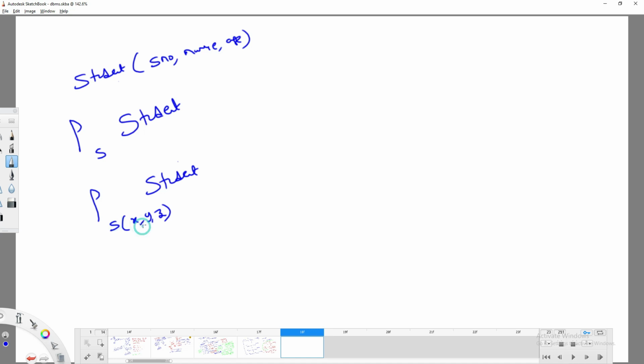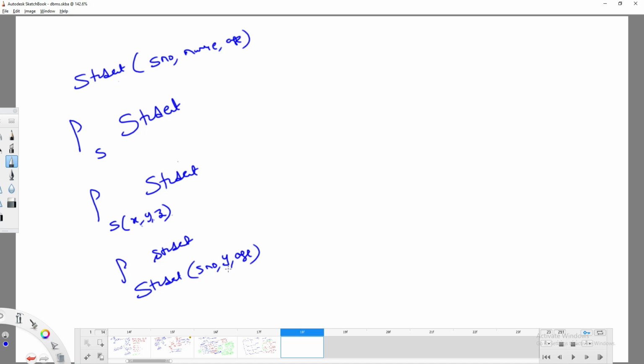For example, I am trying to do like this: student of serial number comma y comma age. What is the meaning of this one? I am trying to rename only the name attribute. So like this, you can do any kind of rename operations.